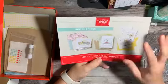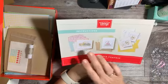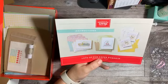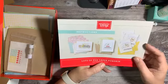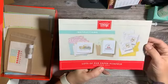So with this kit here, it was intended to make these 6 cards here. So they gave you 9 cards here. You make 3 of each one. I normally come in and I make 1 of each of the intended cards for you,